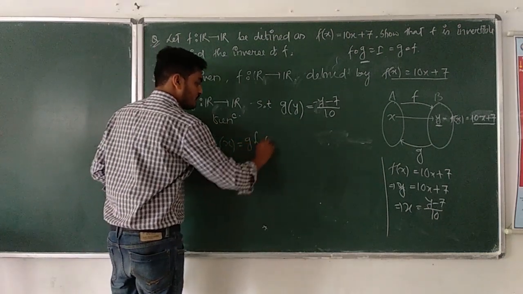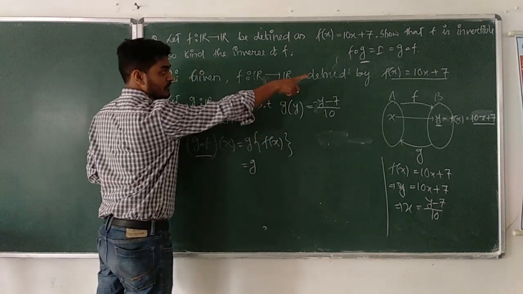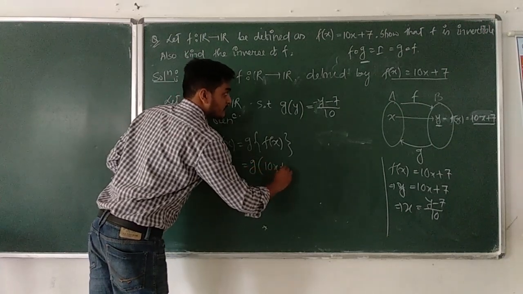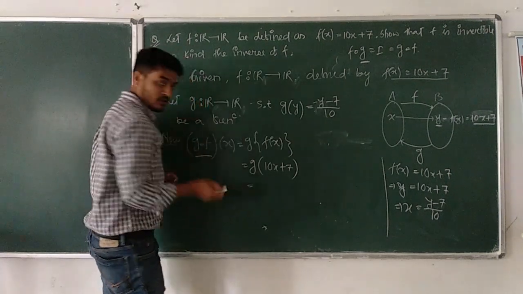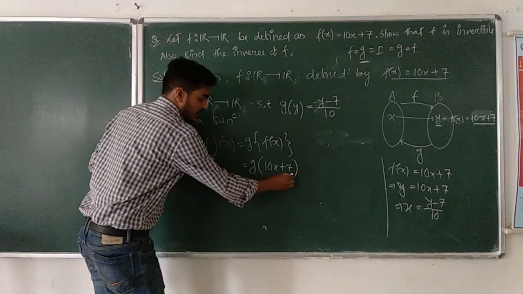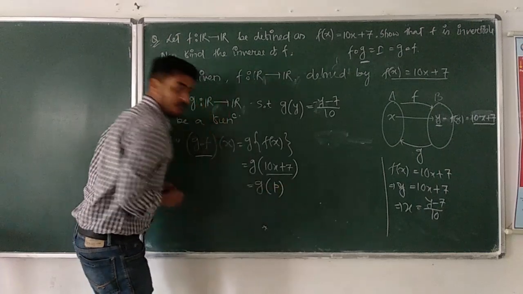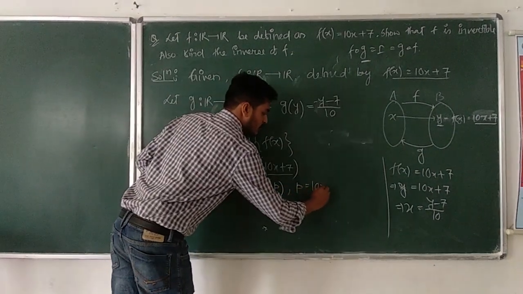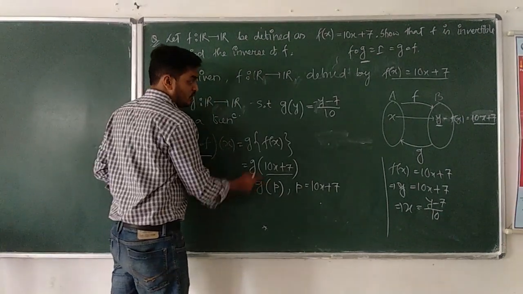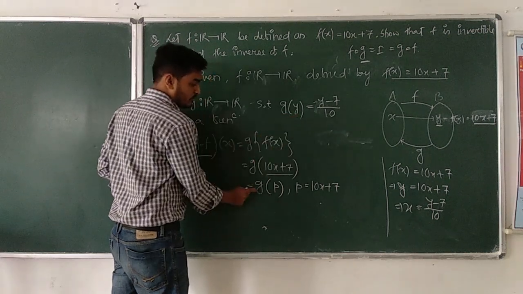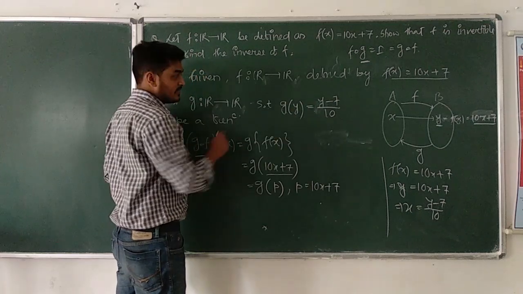Now according to the definition of the composite function, it will have z of f of x. What is the value of f of x? 10x plus 7. Very good. Already we have discussed one question of this type, where in place of x one comparatively large expression is there, so let us represent it by p. p is equal to 10x plus 7. Now if you observe carefully, this is just like z of y, but we have got z of p. If z of y is equal to (y minus 7) by 10, then z of p is equal to